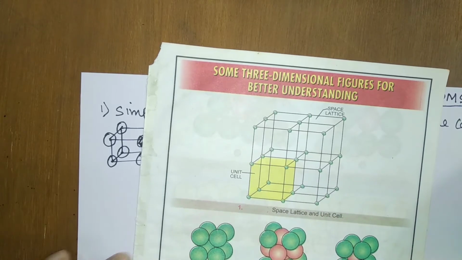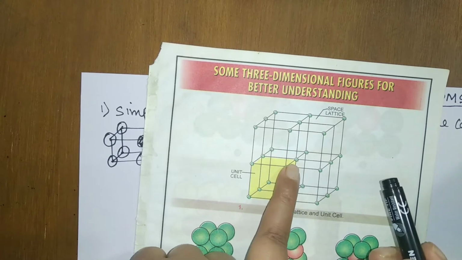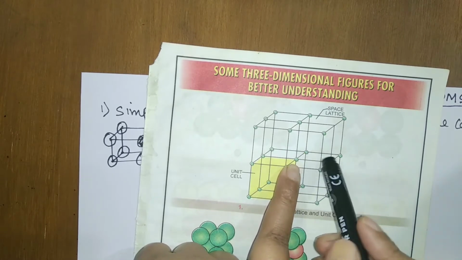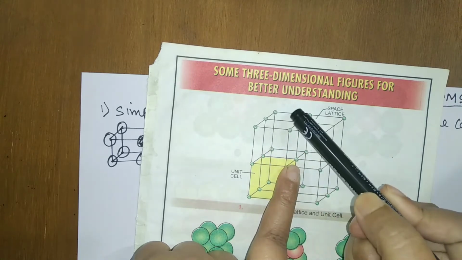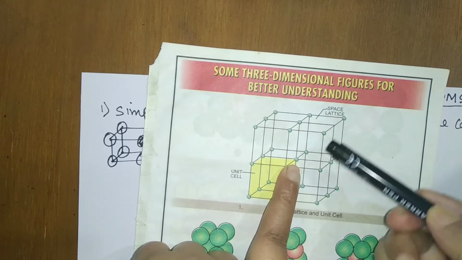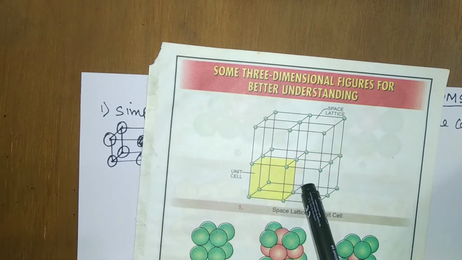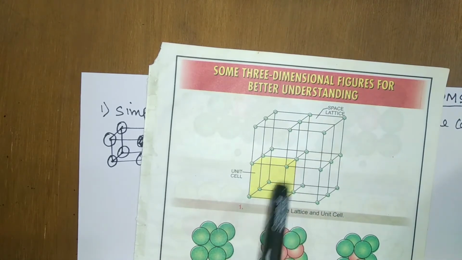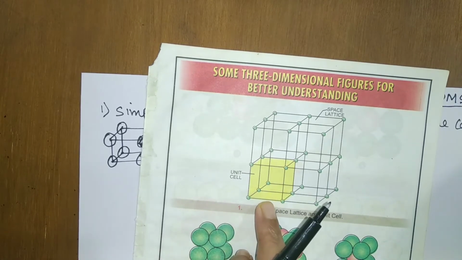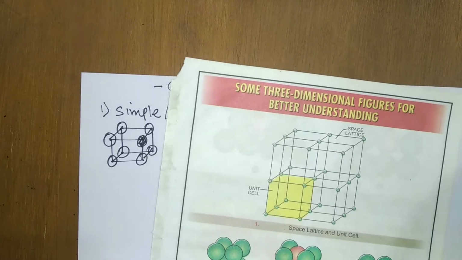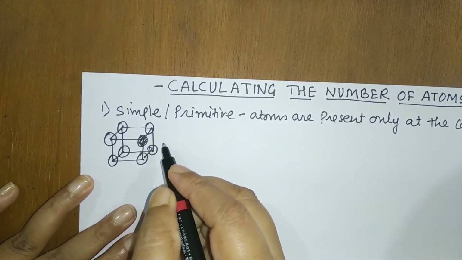Because if you see the structure here, students, this atom I am talking about is shared. Above it, this is the first one, the one behind is second, this one third, and the front one fourth. So 4 above and 4 below there are unit cells. So this atom is contributing only 1/8 to the actual unit cell. So the contribution of an atom when it is present at the corner is only 1/8.